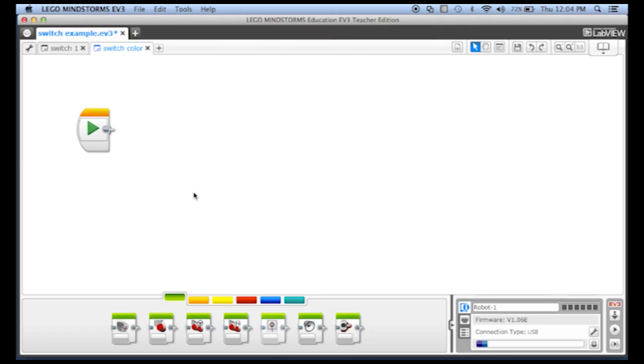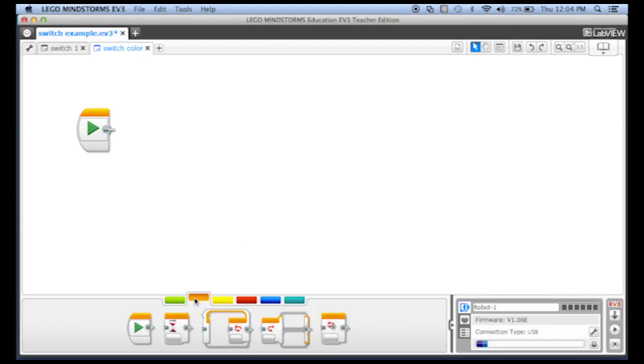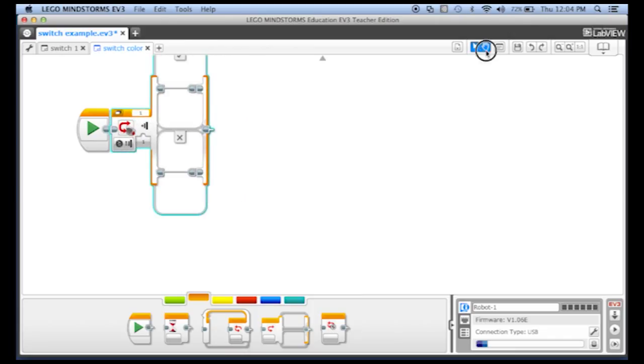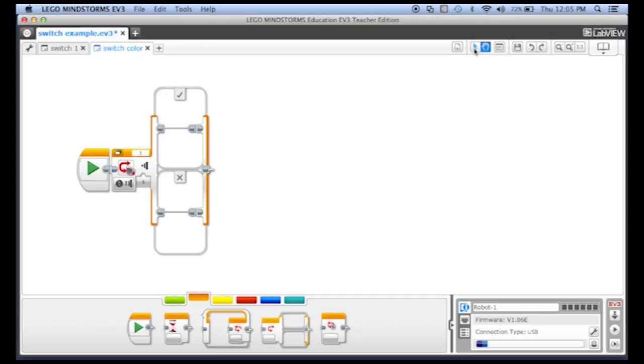All right, so I have a new program, and let's go to the flow control tab and grab a new switch block, and then I'm going to pan a little bit so I can see. Go back into select tool. Okay, the switch is defaulting to a button press, and notice that right now the switch block has a check up here for yes and an X for no, but if we switch to the color sensor,